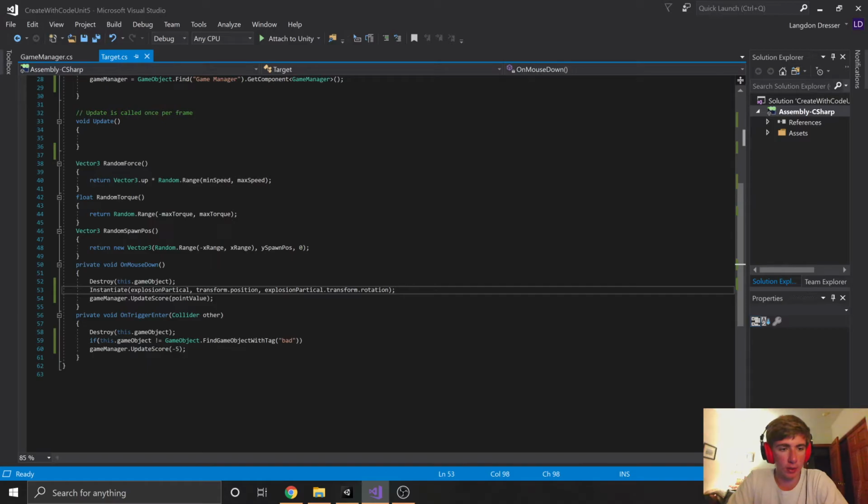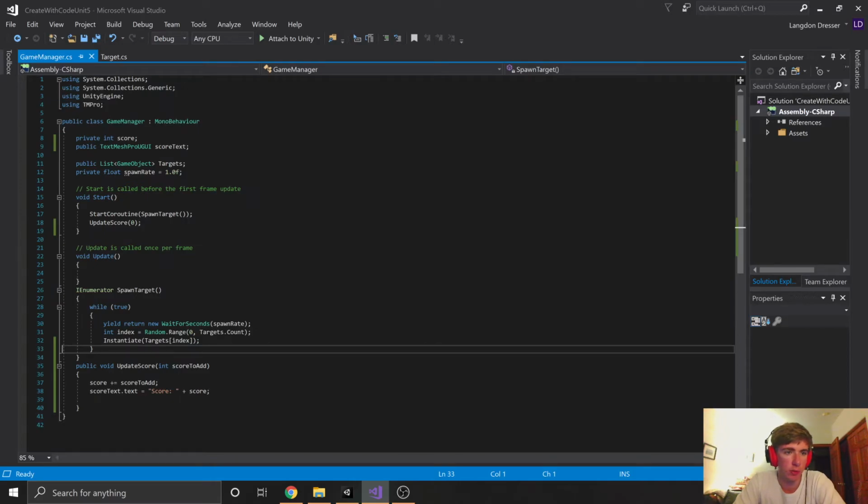And back into this, here's that if statement: if the game object that goes off the bottom of the screen is not an object with the tag bad, so if it's not the bomb, then the score goes down 5 points. That's how I added that. And then if we look at the game manager script here,